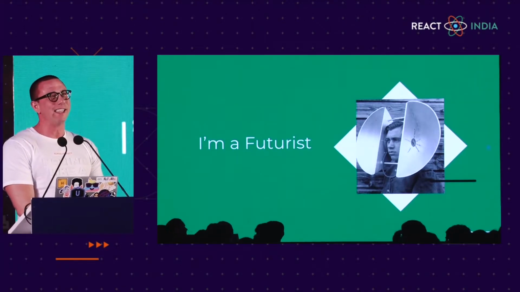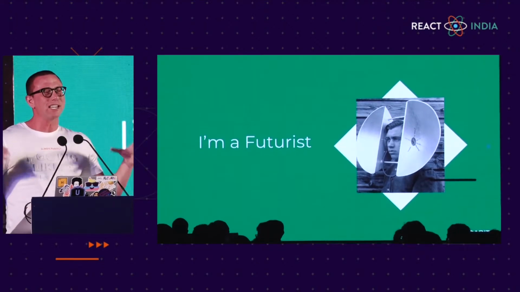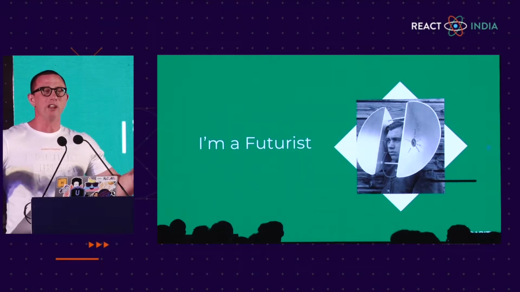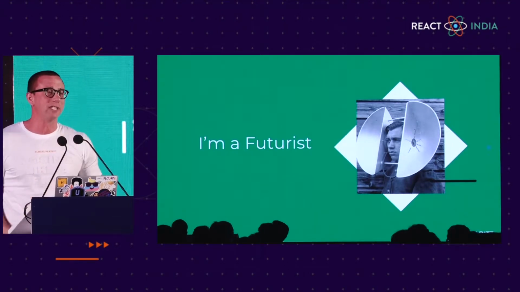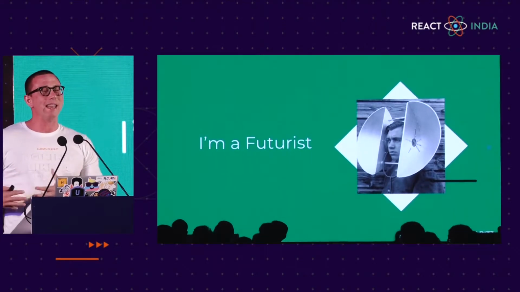So basically the idea is being a futurist isn't really about predicting the future. It's actually more about being aware of the present. It's more about listening and observing what's going on and taking actions based on those things. And I think it's very, very intertwined with being an engineer, really being successful in any field where you're looking